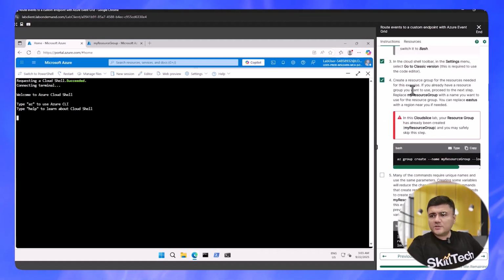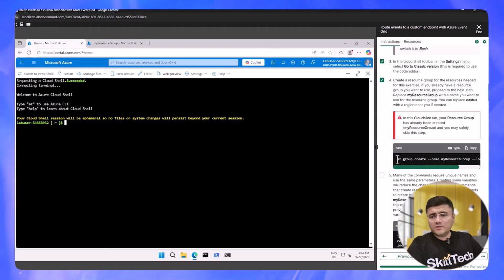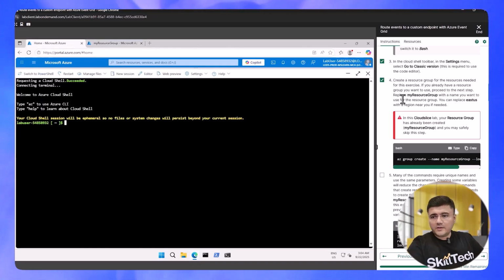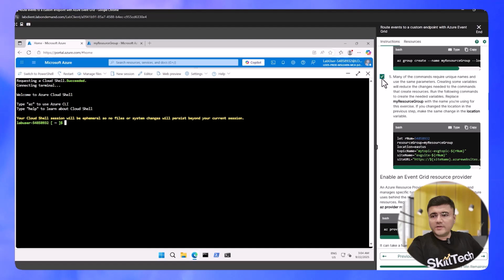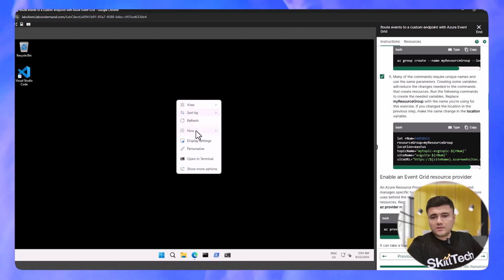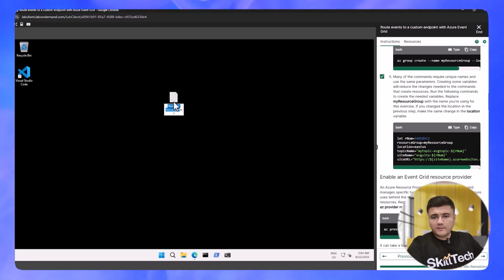The right side section is showing me that creating a new resource group is the first step, but I really don't need to do this. This az group create is something I don't need to do because I already have a resource group, as I told you. So we are just going to skip this step and move forward to the next step, which is to associate our Event Grid configurations with that. Basically, we have to create something known as an Event Grid topic. But before I execute these commands, first I'm going to understand and customize this command